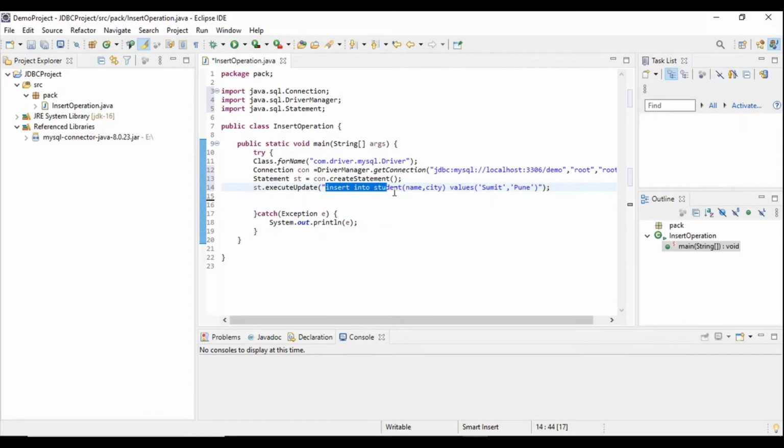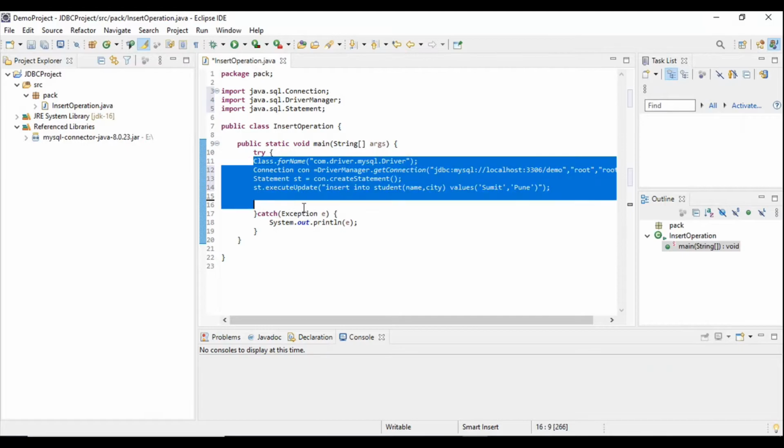This is the query for insert operation. Now I'm going to run this query using our JDBC code.